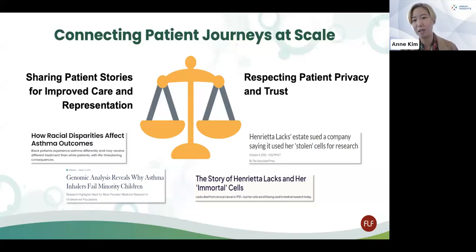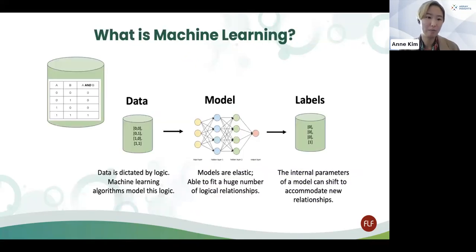And so it's important for us to be partnering with organizations like the Fatty Liver Foundation who are in lockstep with patients. Next slide, please. And so what we use for doing this type of analysis is something you've probably already heard about, machine learning. And so what it is at a high level is that we're able to take data, and all this data has different types of relationships between them.